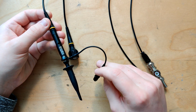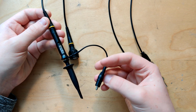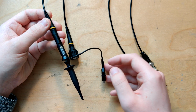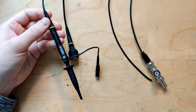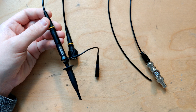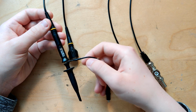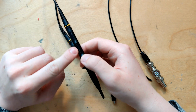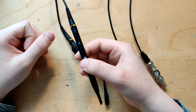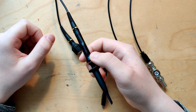And these probes are fine for general oscilloscope applications, but the thing that I'm using the scope for is kind of outside of that, because I want very, very accurate readings that are a lot more accurate than what you would usually do, like measure a PWM signal, maybe measure some AC circuits or stuff like that. These probes are not really that great for that because these are the standard 1x, 10x switchable probes, and really you're supposed to use these in 10x mode, because if you switch these to 1x mode they have basically no bandwidth, and they also have